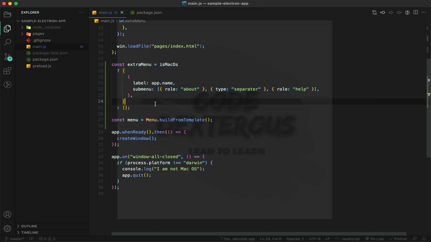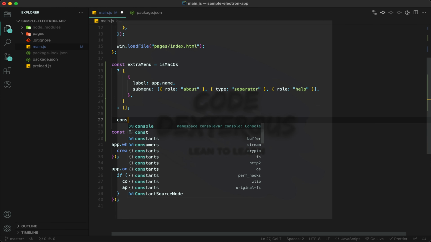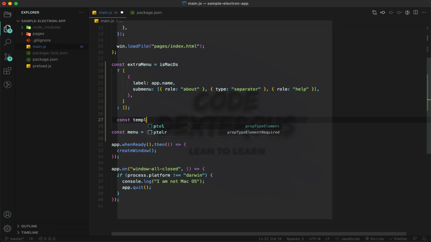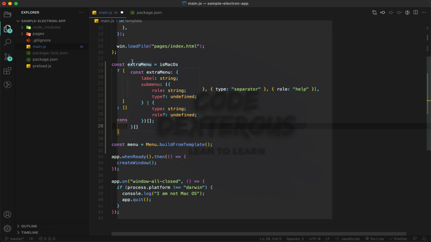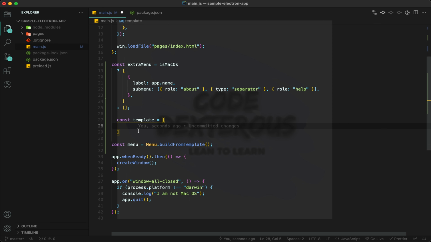So we also have to create one more template, const template. I could directly use extraMenu, but I want to add more menus that will be for Windows and Mac OS both. So that's why I'm going to create this template, and this template will be similar to this extraMenu. So first of all I'm going to add this option, extraMenu.